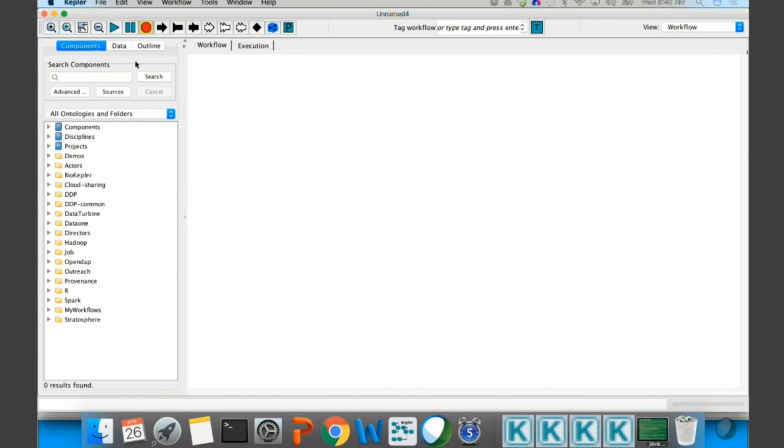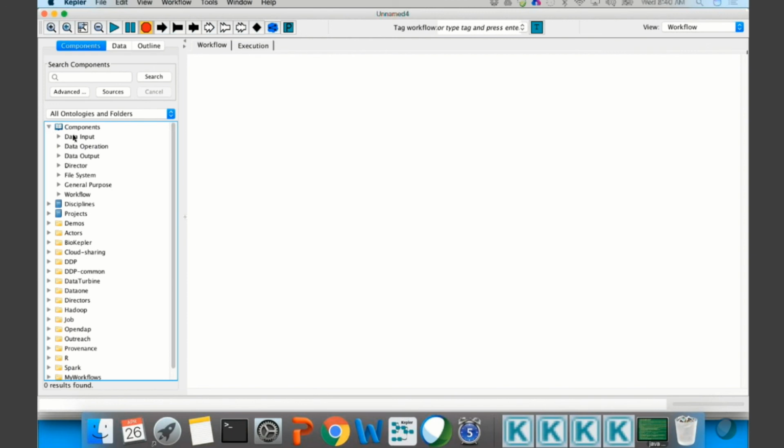This is the component data and outline area, which has a search function and a library of components that are all already included in Kepler for ready-to-use purposes. Like if you go into the component section, you can see various actors, actors clubbed into different categories, like data input actors, data operation actors,